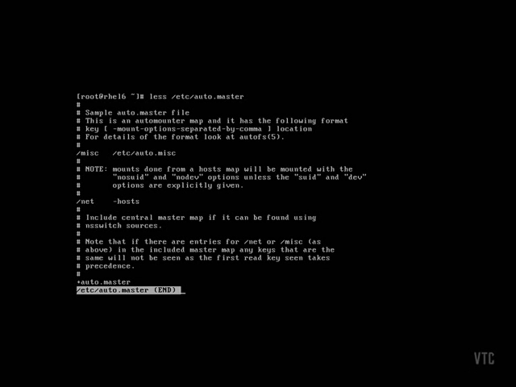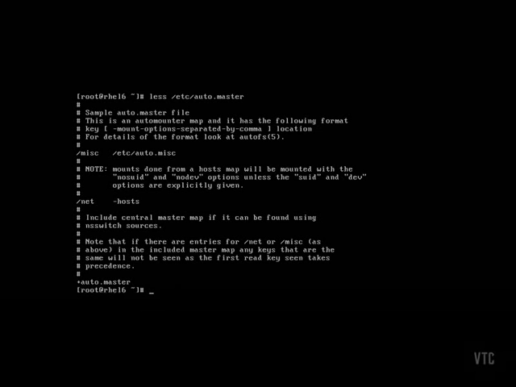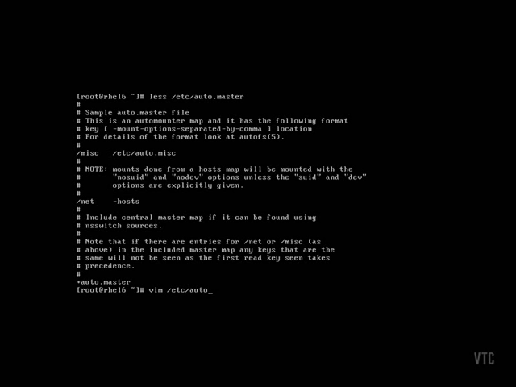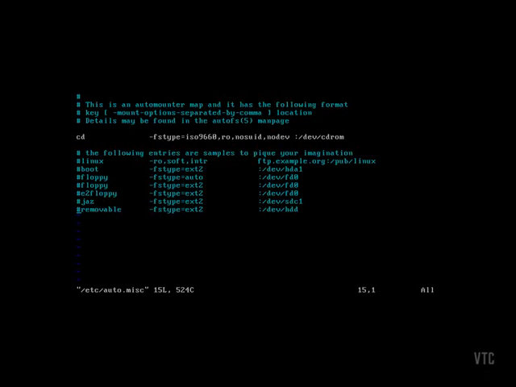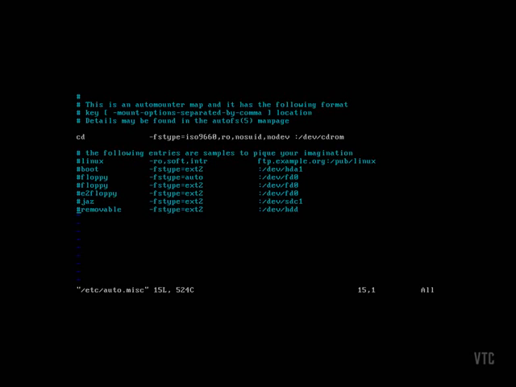We can use this file to configure mappings to other files that contain specific mountings that we wish to use. For instance, the top of the file points to a file named /etc/auto.misc that will mount a resource for the /misc directory. So let's take a look at that file. In this file, we can see some examples of locations and devices that can be automatically mounted when the user accesses them. If we look at the entry for CD here,